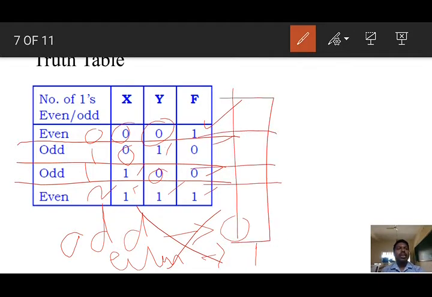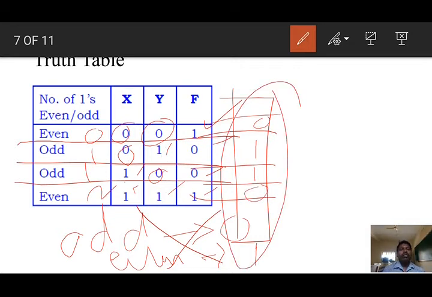For 0, 0, we have to write according to even, so 0. Then 0, 1, it is odd, so 1. 1, 0, odd number of ones, so 1. 1, 1, even number of ones, 0. So we got the output of the XOR gate. Too simple, just take the complement.